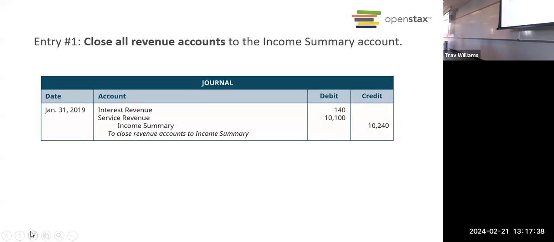Okay, so it's a 4-step process to close out the temporary accounts. And I don't think it's super hard, because I don't think this is one of the hardest chapters, but it takes a little getting used to. It does have its own little complexities. This is the first step in closing out the temporary accounts. We start with revenue. Now let's think,